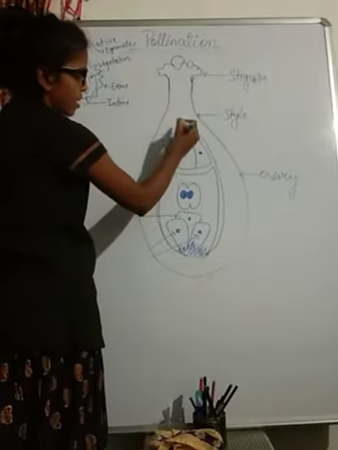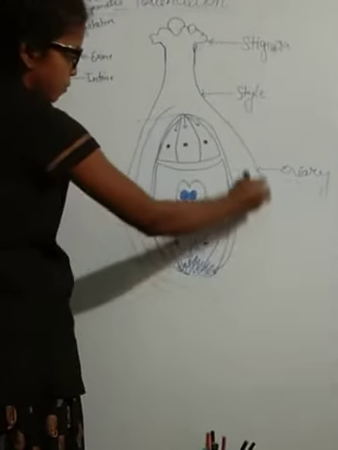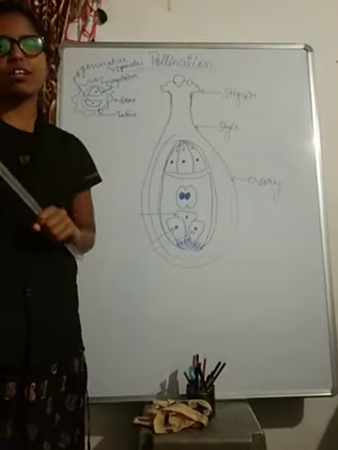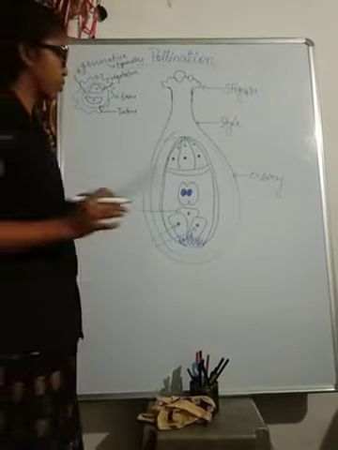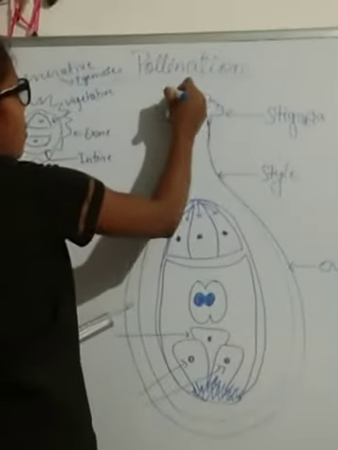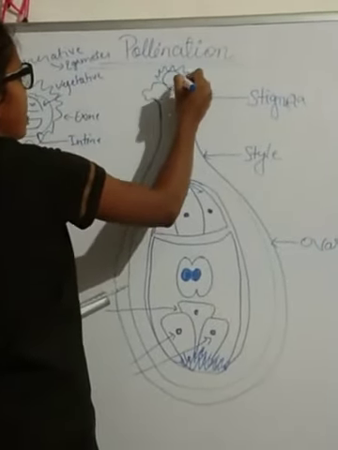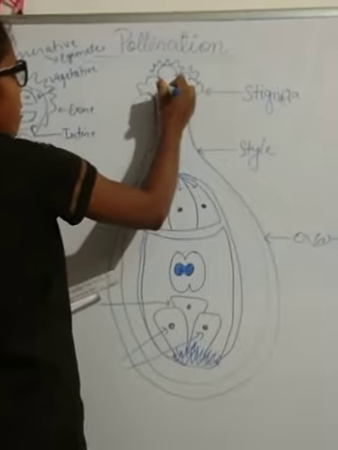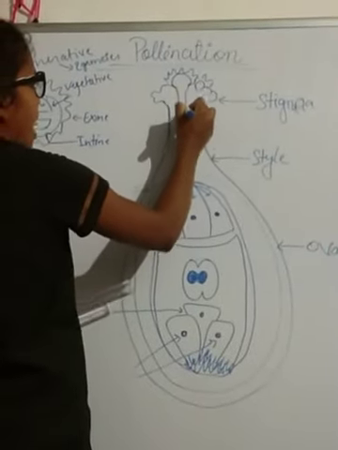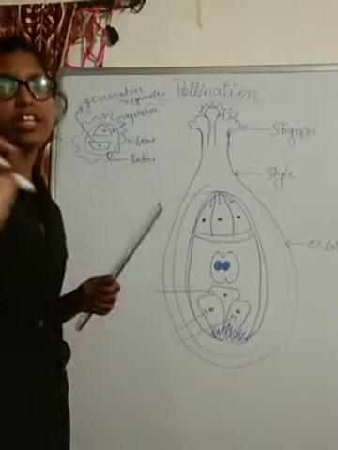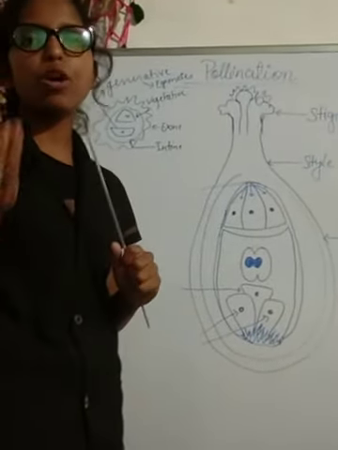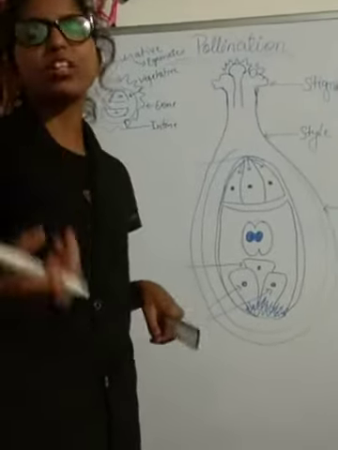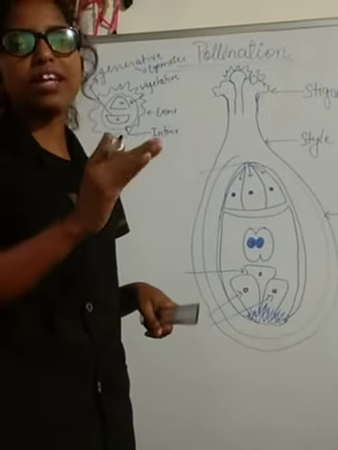So I have directly drawn this. This is the ovule that we can imagine. Inside that, the embryo sac is there, with the 7-celled, 8-nucleate structure. Okay students, here the pollen has already landed. What will happen? The pollen tube will emerge from the intine part. You can see this is the intine part from where the pollen tube is emerging. At the same time, the vegetative cell helps the pollen tube by giving a path, to direct it towards the ovule region. So the pollen tube emerges along with the vegetative cell, followed by the gamete cells.